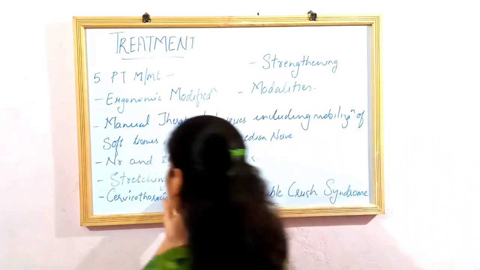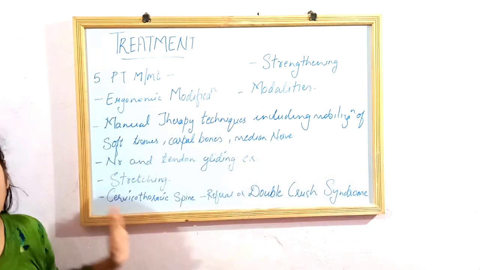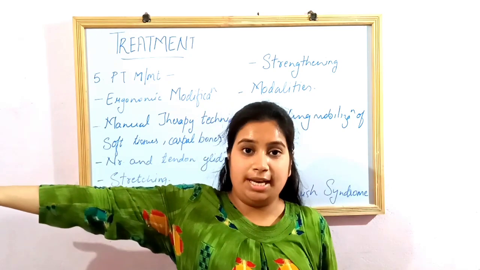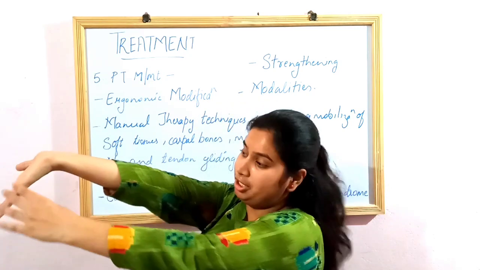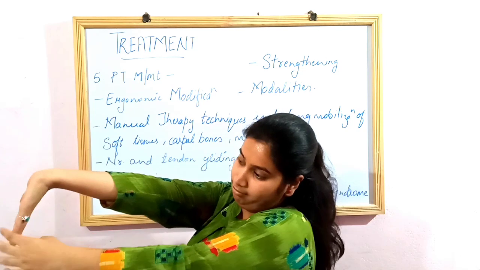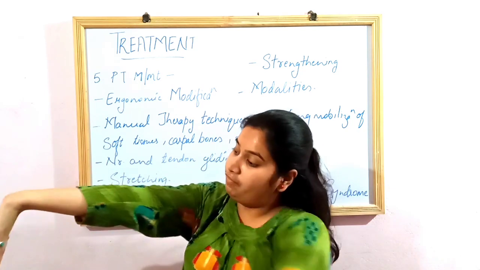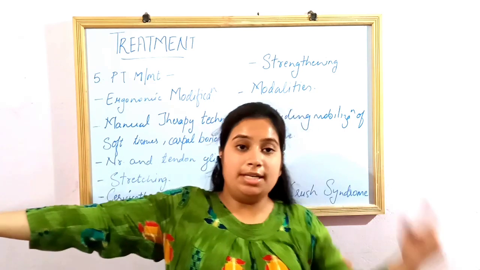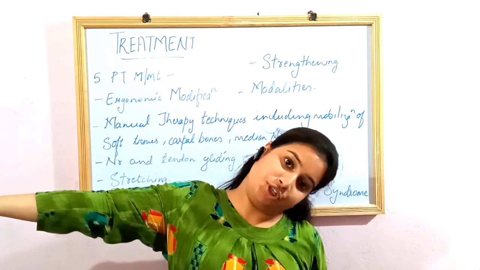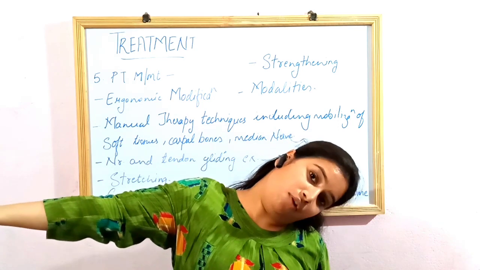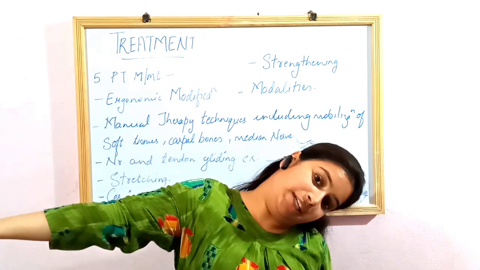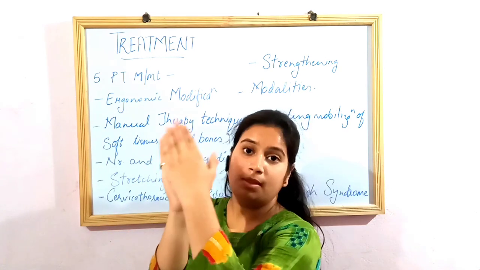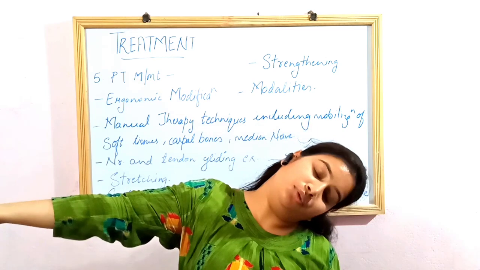Next is the stretching part. Stretching of the median nerve. Take your hand out in 90-degree abduction. Your palm needs to be facing downward in palmar flexion, or you may call it palmar extension. And take your neck to the opposite direction. This will give you a proper stretch of the median nerve. This is also done by keeping your palm against the wall and doing this.